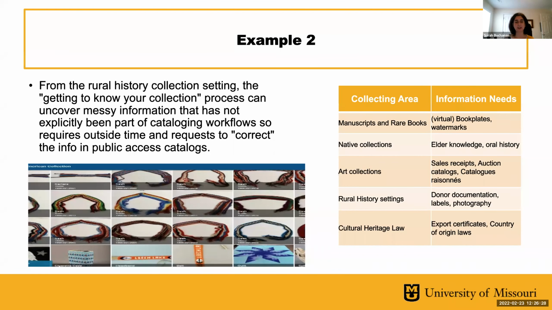And I know this was a very small sliver of an example, but as you can see in the table on the right, in general, we are recognizing that what I said earlier, that different categories of art and museum objects do have different information needs. And what I've just presented was in the rural history setting, we're relying a lot on the paperwork, the documentation from a donor, the exhibit labels that might be out in public in the gallery space. It's useful to go visit the gallery yourself as a staff and see what are we saying about this object. There might be photographs taken at different stages of the object conservation, and those will have information on them too.